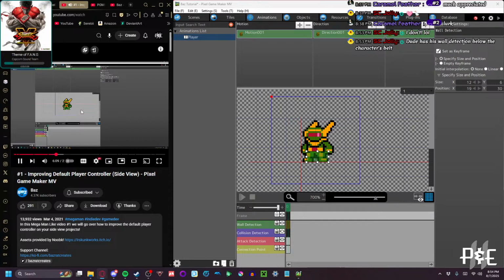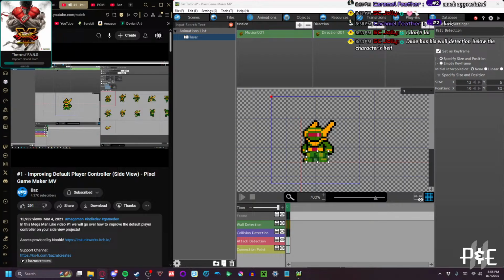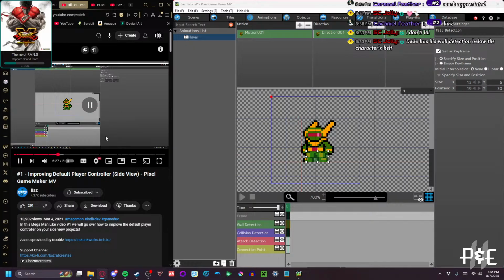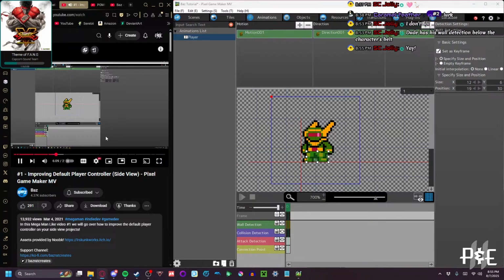Now, the reason why is because if I had it over like this, and I was to come and do another direction and flip it, you see that it flips the image as well as the wall detection position. Now let's unflip it and let's place it in the middle where the middle of the... Now the reason How the hell why did he is flip it? because if I had it over like this and I was to come